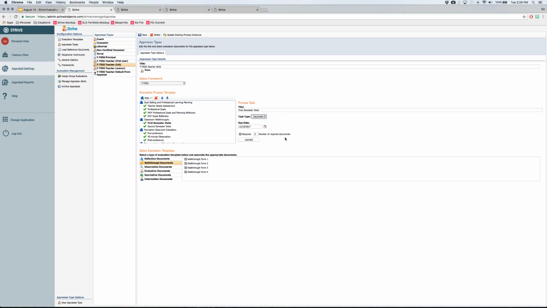So notice that if you do choose the task type document, as soon as you click that, all of your evaluation templates that you've created will show up underneath. You'll have to click on each section. So if you're doing a reflection task, you'll click on reflection and all your documents show there. If you're doing walkthroughs or observations, they'll all show up in that list. Once you select the forms that you want to be available, and you can select multiple forms, you can